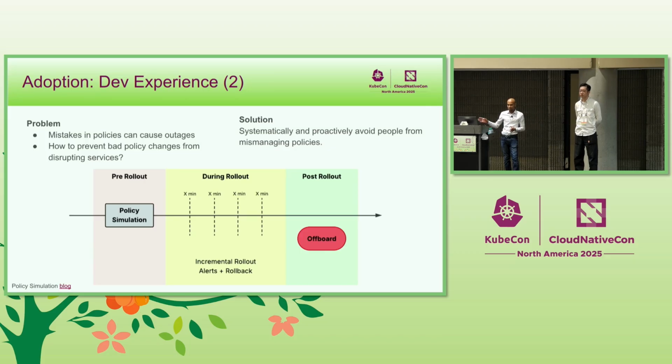We have a blog about this, which we published recently, a couple of months ago. There's a link down there at the bottom. I won't go into details, but this is pretty much a big lifesaver for looking at the impact of a policy change, warning the user if there's any negative impact so they can basically abort the deployment.